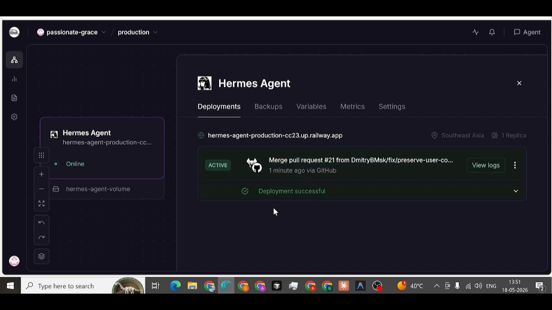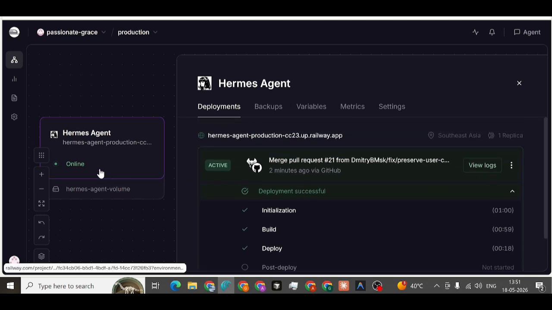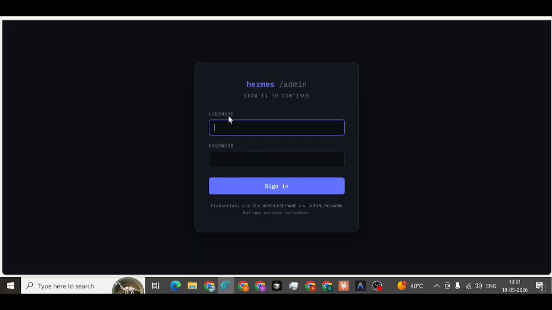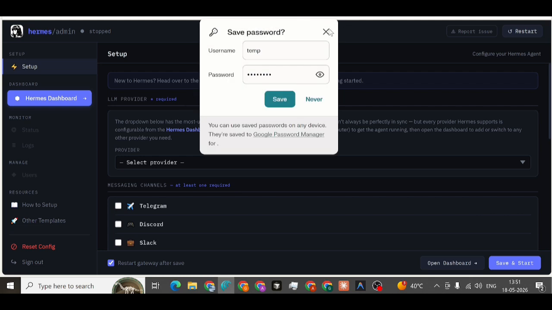So now the deployment is successful. I'll just quickly go to this, and this is basically the link where I can use my Hermes agent. Whatever username and password we gave, I'll just type in here,